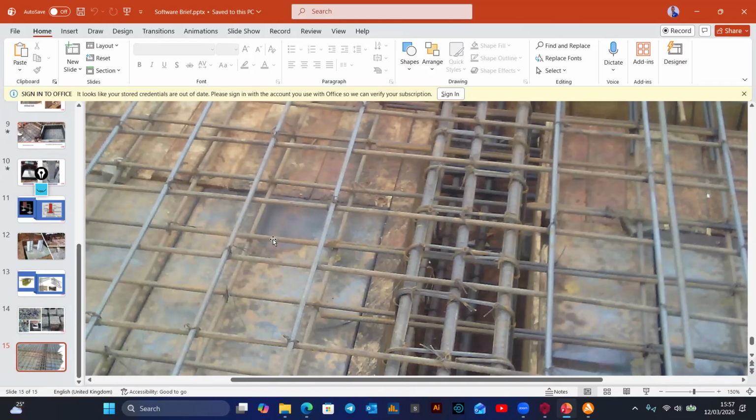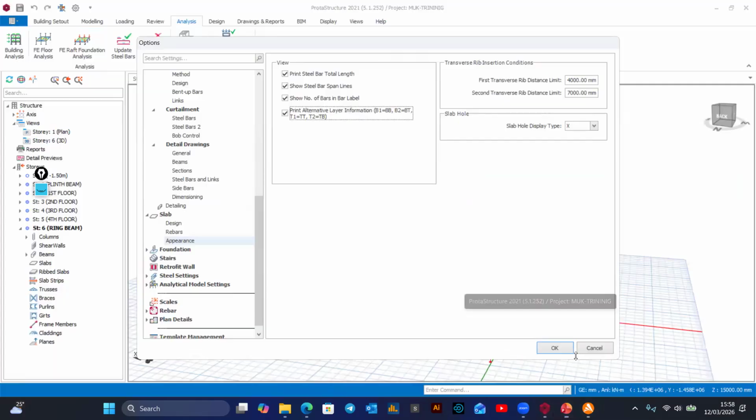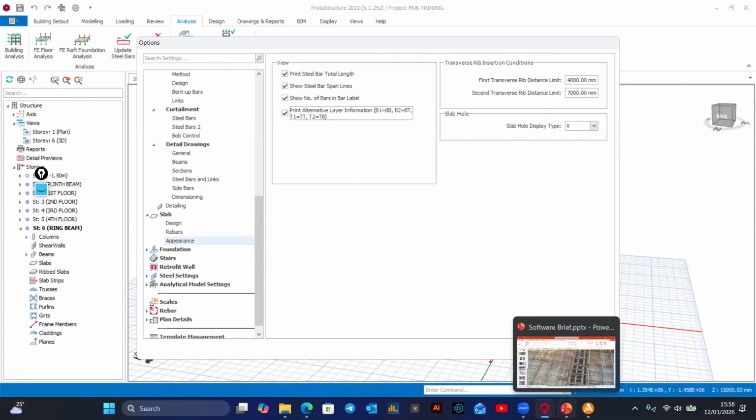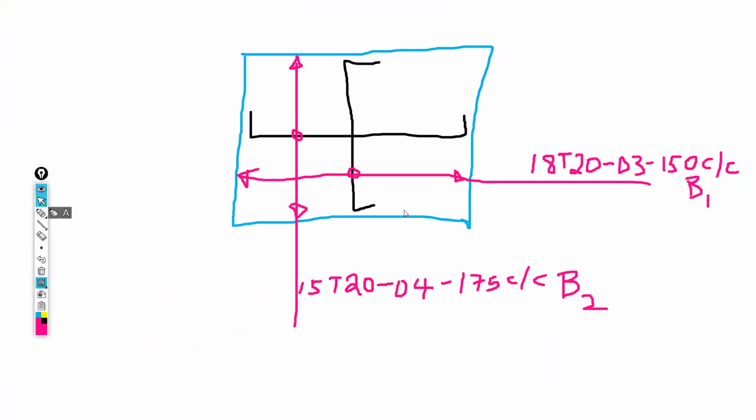But then you also have a top mat running in the same configuration, still both directions, bottom and top. Now, what I mean with bar mark, now bar mark,